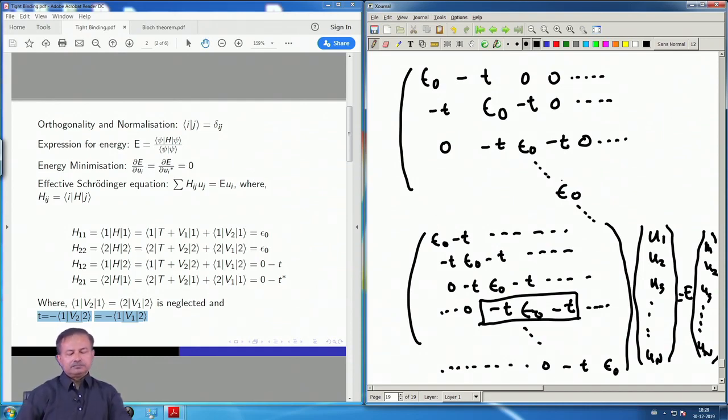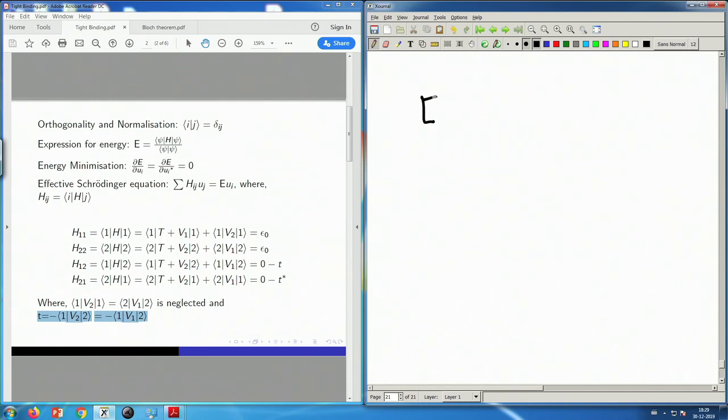So, that kind of a matrix is basically reflecting the periodicity of the problem and the Hamiltonian, and the solution to that, as I said, I chose a solution which is consistent with Bloch's theorem, and that solution gave me an eigenvalue which is E equal to epsilon naught minus twice t cosine of theta.